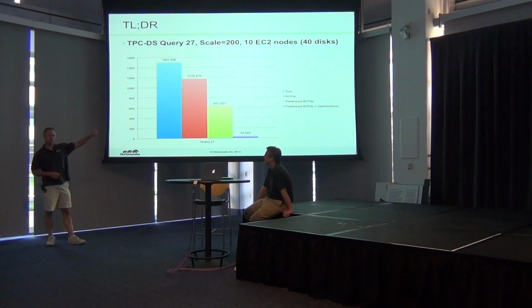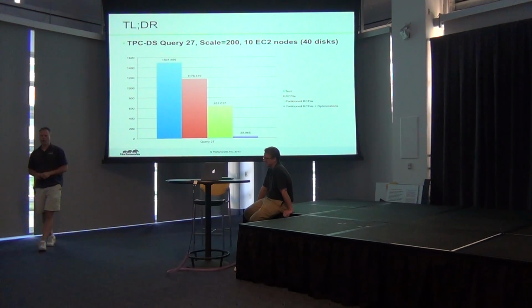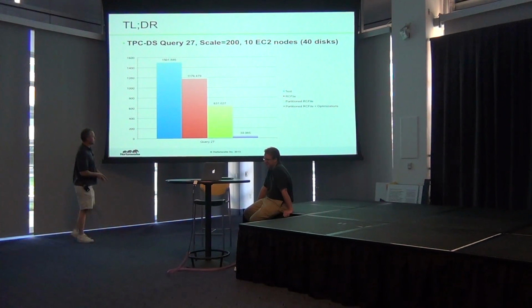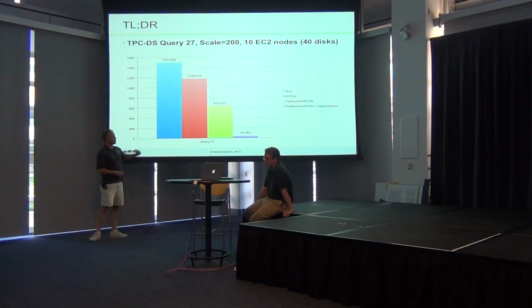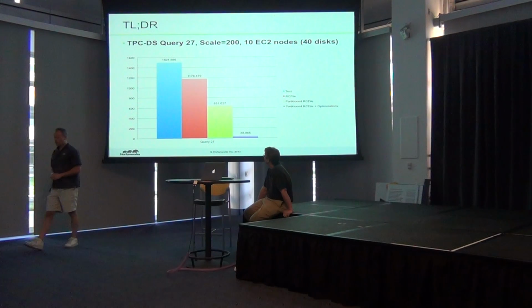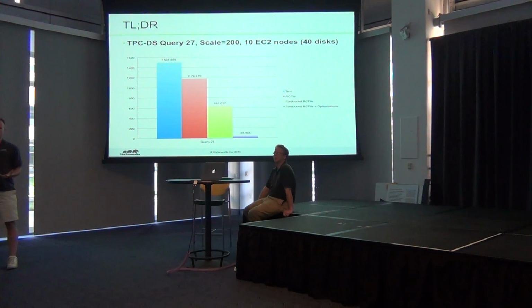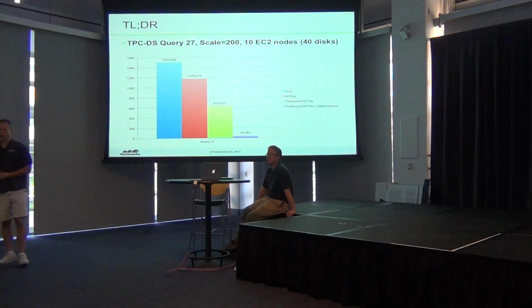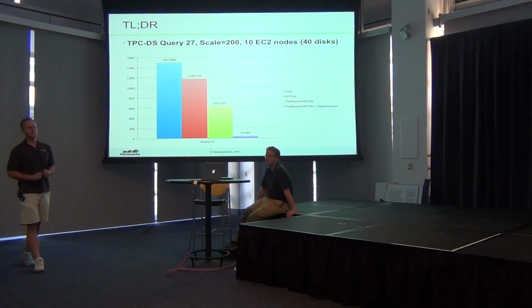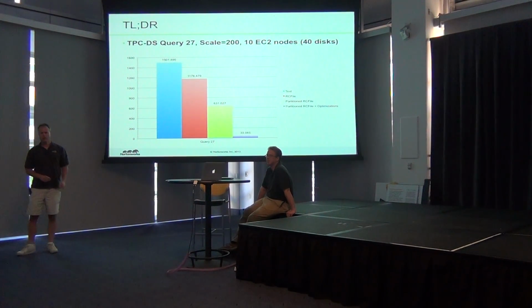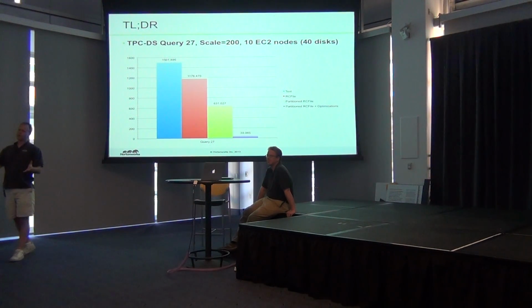It's scaled to 100, which means the whole data set is 200 gigs. So this query is actually scanning around 80 gigs, I believe. If you put everything in text and you do it, this is the number you get, 1,500 seconds. The reason we put that up there is, frankly, when people want to use Hive as a punching bag, which they often like to do when they post how much faster they are than Hive for their latest product, this is what they tend to do. They put it in text files, and then they go, yeah, we're faster than Hive.